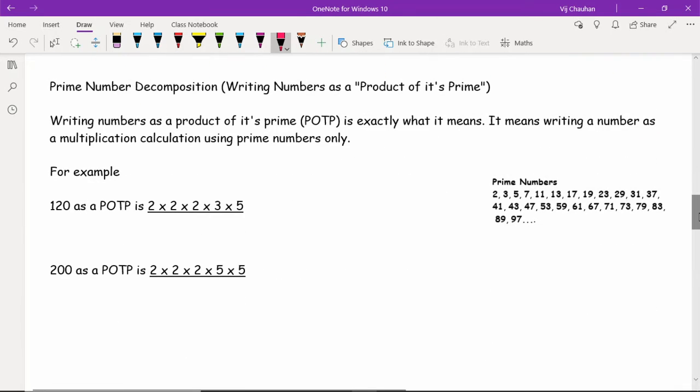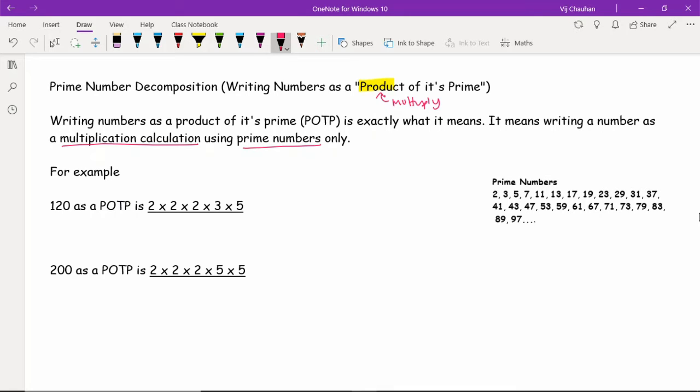Now the next thing we move on to is prime number decomposition, so writing numbers as a product of their primes. Writing numbers as a product of their primes, or POTP as I like to call it, is not the official name, just something I abbreviate because I get tired of writing product of their primes. It is exactly what it means. The word product is another word for multiply. So basically you want to create a multiplication calculation using prime